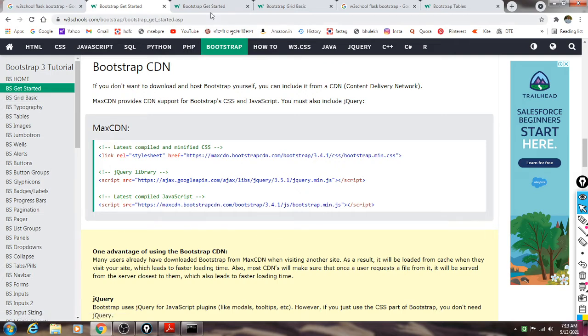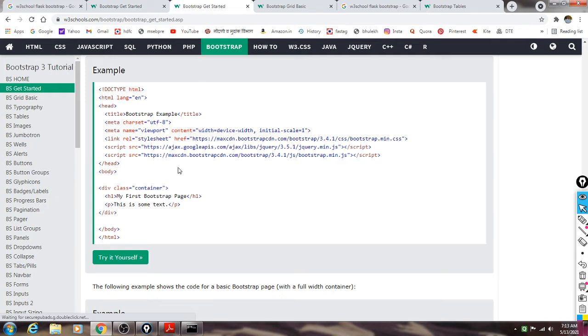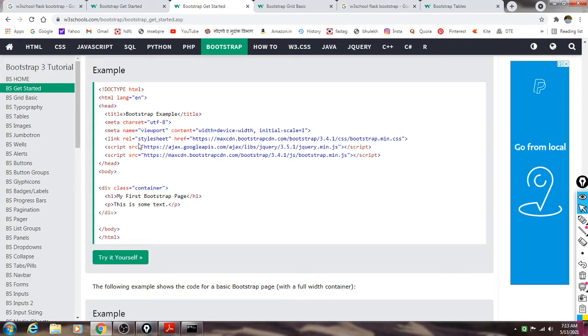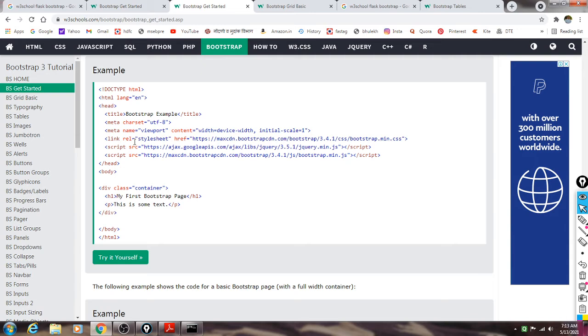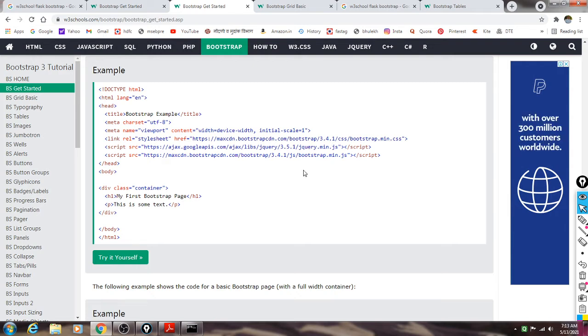Okay, and when we write this Bootstrap script, the HTML script containing the Bootstrap code, this is the script. Look here at how we can do this. These are the 3 links which we copied in the head tag. Within the head tag we have copied the CSS, source, JavaScript, and jQuery.